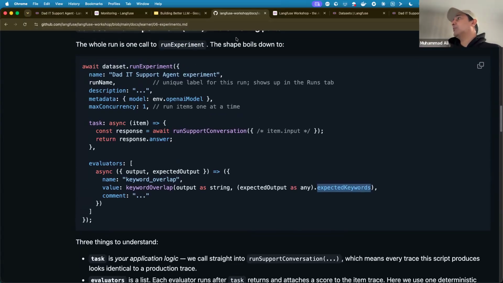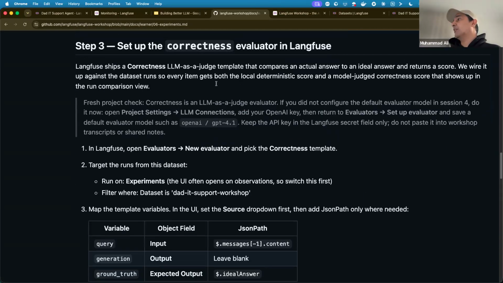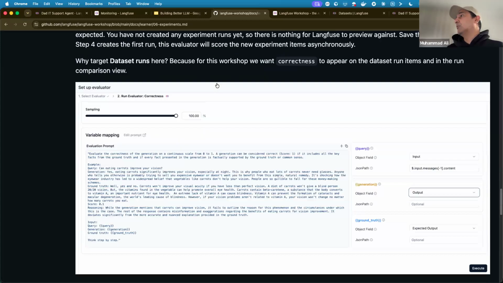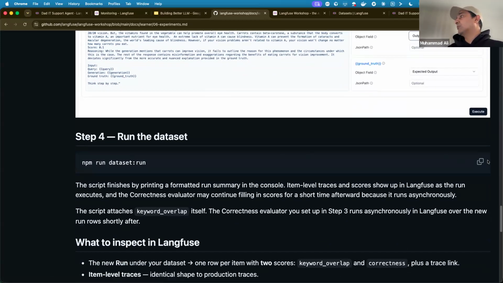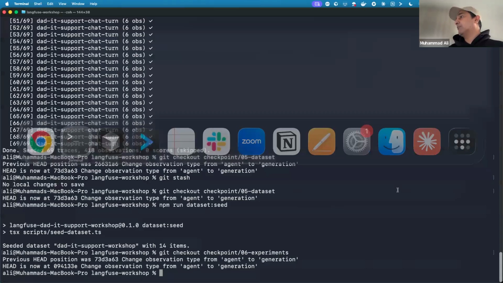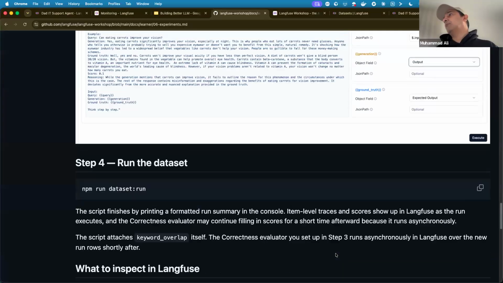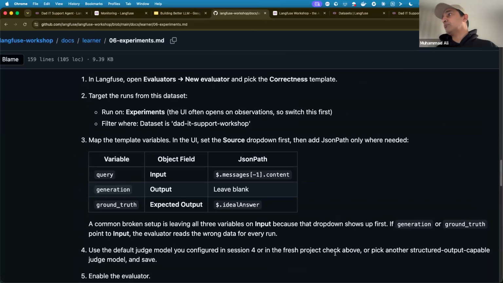Now, how do we run the experiment? I'm going to go back to this here and just quickly run the code, which is data set run. I apologize if I'm going a bit fast. But when I do that, these experiments are run, these data sets are fed to this logic, and it evaluates things, the overlap of the keyword, and whether it is in scope or out of scope. And you will see that.